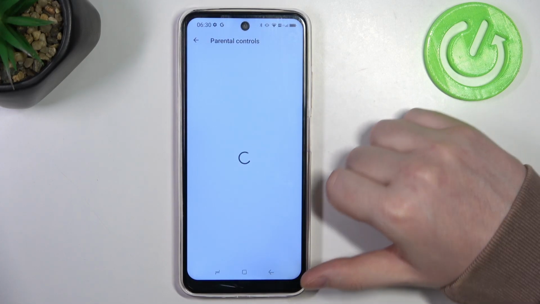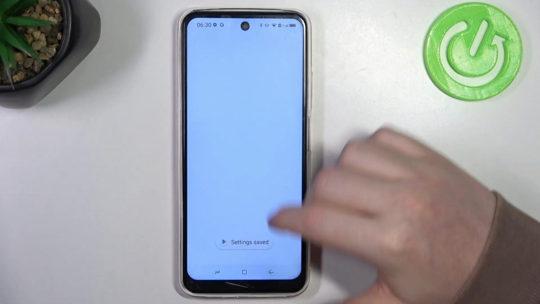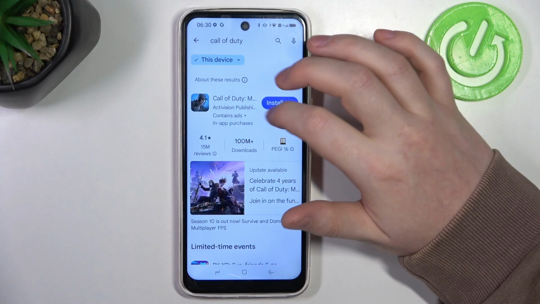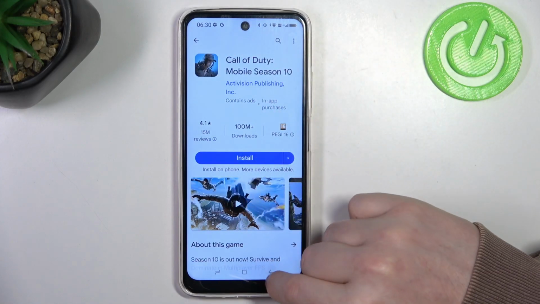Make sure to save the settings afterwards, and if we go back, look for the game again, it is right here and we can install it. And that's it for this